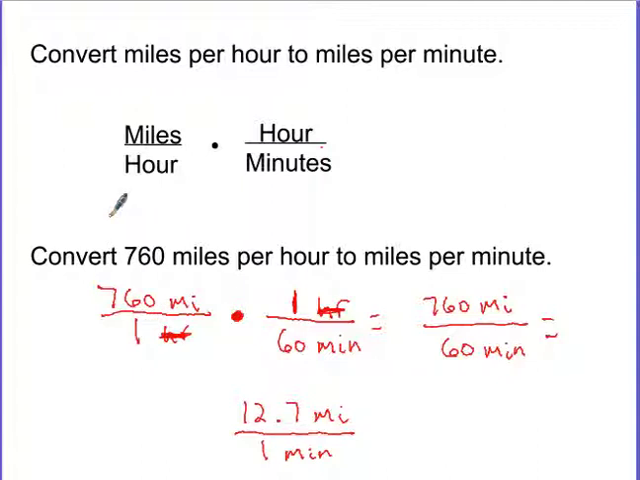Okay, so 12.7 miles a minute is the exact same thing as 760 miles an hour. Okay? We just changed the unit of measurement. We didn't change the speed. That's a lot of miles. That's very fast. That's like a fighter jet kind of plane, yeah. Okay. Now,